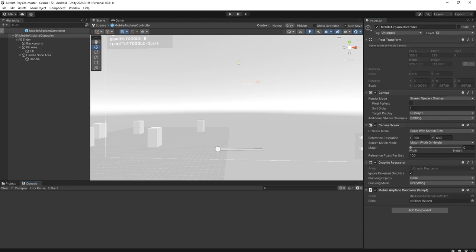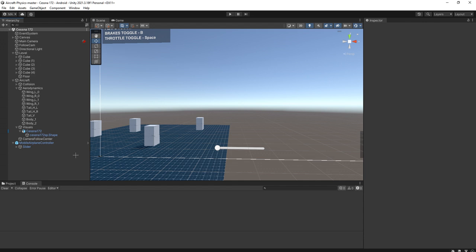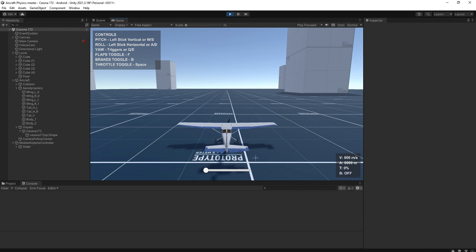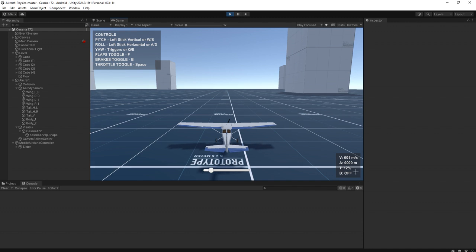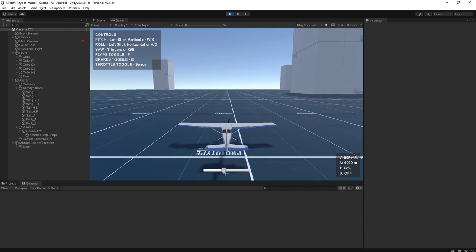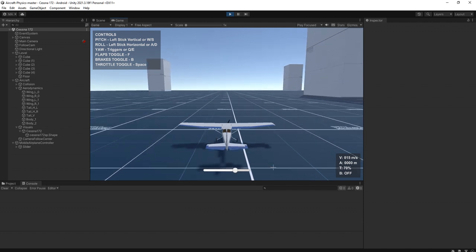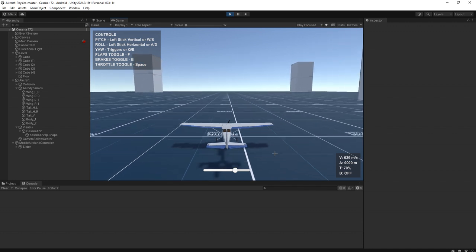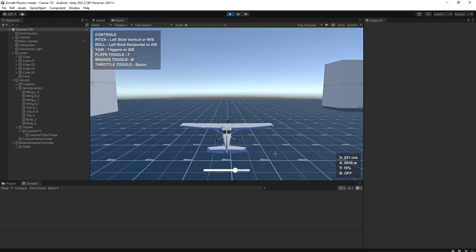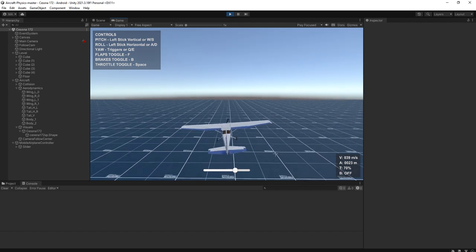Okay, everything is fine, and we can test it. We can test the slider to control the throttle of the airplane. Alright, we are going to activate the slider. As you can see guys, here the throttle is 12%, and let's slide it to 70%, and we can use the rest of the keyboard buttons to control the airplane.